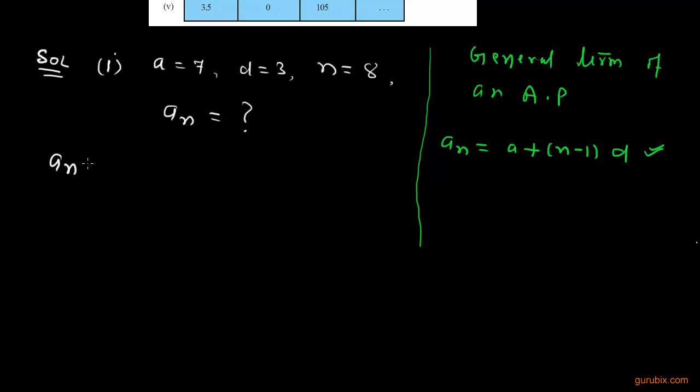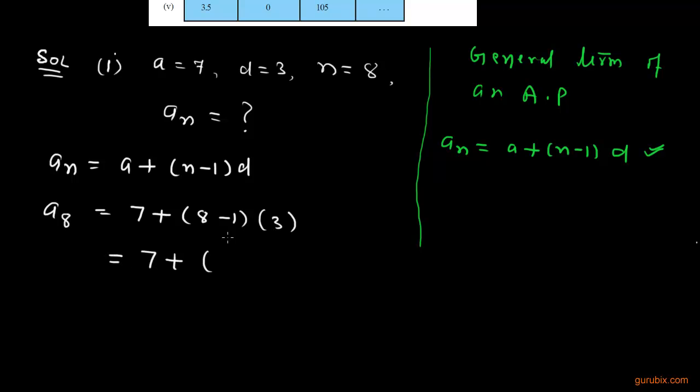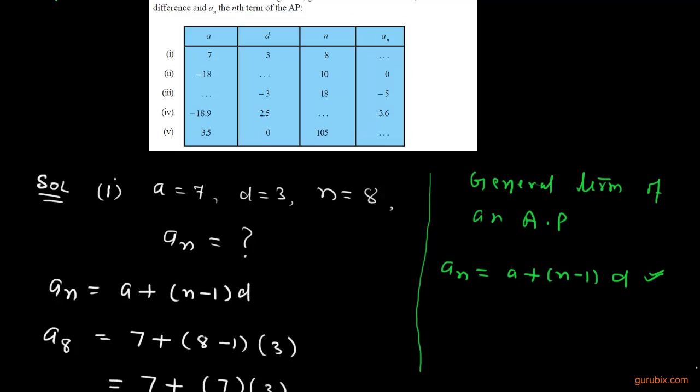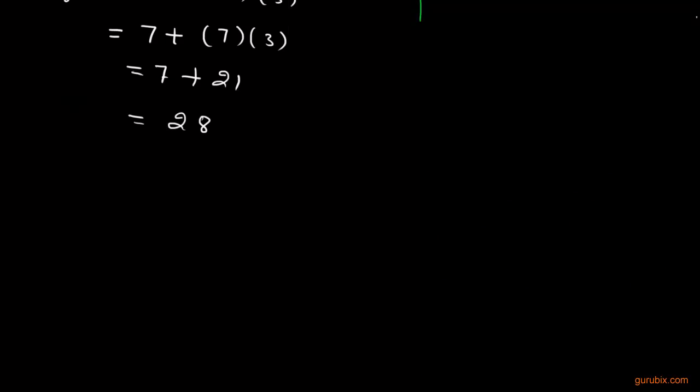So let us solve the first part by using this general term. The general term is AN equals A plus N minus 1 dot D. So we can put the values of N, A and D in this equation. N is 8, A is 7, and D is 3. Now we calculate this. 8 minus 1 equals 7, and D is 3. This means 7 is multiplied with 3, which is 21, plus 7. This equals 28. So we can fill the first part with 28. Let us solve the next part of the question, that is the second part.